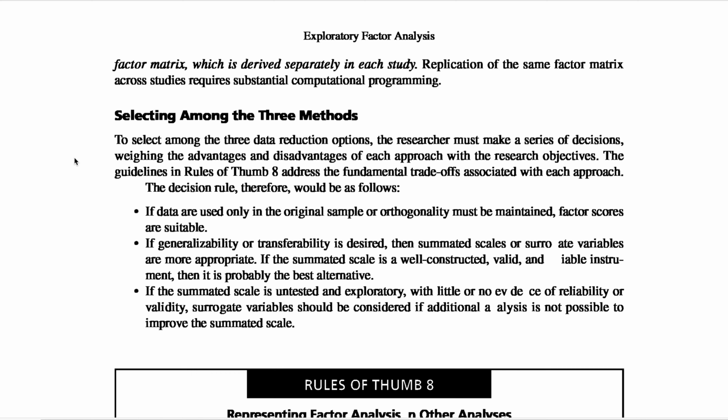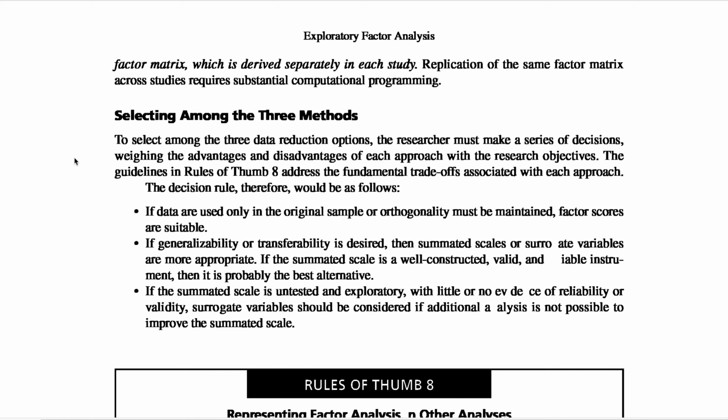If the data are used only in the original sample or orthogonality must be maintained, factor scores are suitable. If generalizability or transferability is desired, then summated scales or surrogate variables are more appropriate. If the summated scale is a well constructed, valid, and reliable instrument, then it is probably the best alternative. If the summated scale is untested and exploratory, with little or no evidence of reliability or validity, surrogate variables should be considered